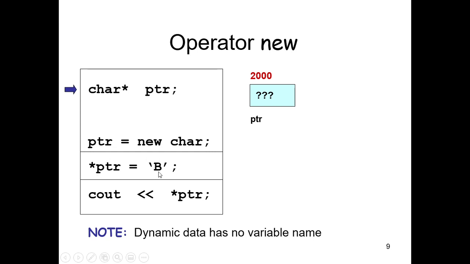And you can access that character जो उसमें store है. ये dereferencing operator है, whenever you have a pointer and you want to access the contents of that pointer so you use the dereferencing operator. This asterisk is the dereferencing operator. ये multiplication operator के तौर पे भी काम करता है, and when you are using it with pointers so it acts like a dereferencing operator. Dereferencing मतलब contents of